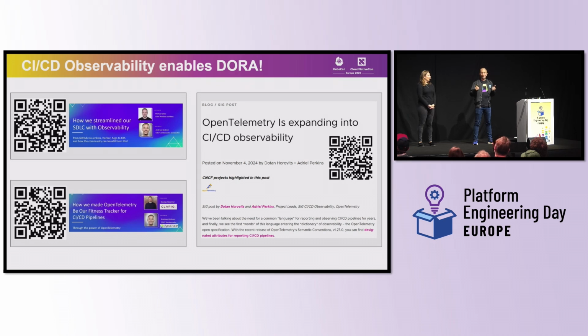using observability. And thanks to the open telemetry community, we also now are getting a standard on how these tools should give us this type of data so we can actually track pipelines, how we can uniquely identify an artifact from its inception of the idea until it's being deployed. So I will come back with these QR codes later on as well, but let me quickly go in and